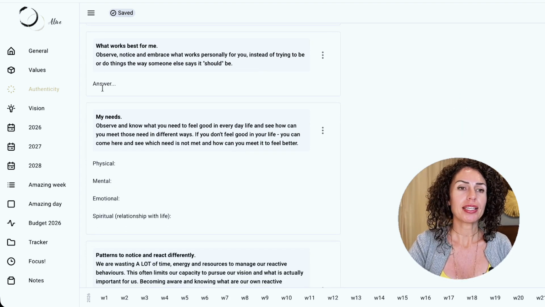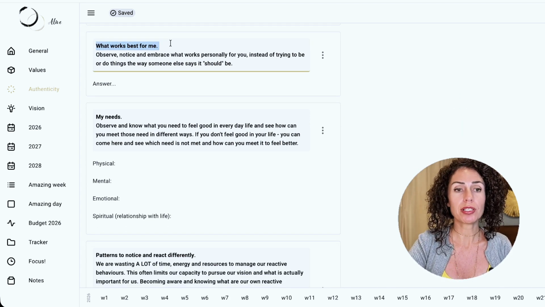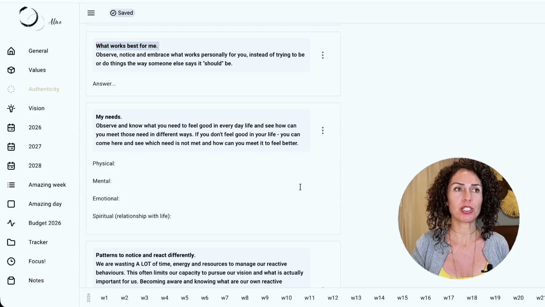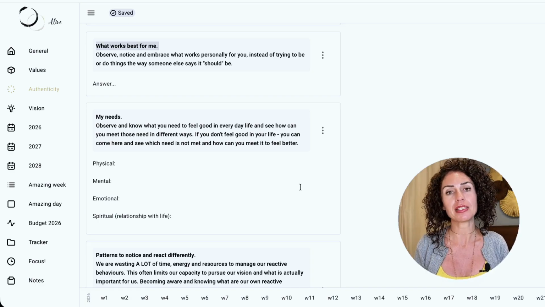The next part is defining what works best for me or for you. Here the idea is to start observing our life and to notice what actually works personally for you instead of blindly following what other people are saying. So we basically start learning from our own life what is working for us instead of just listening to what others say. Of course, we can listen to other people, but then we need to experiment and see what works for us